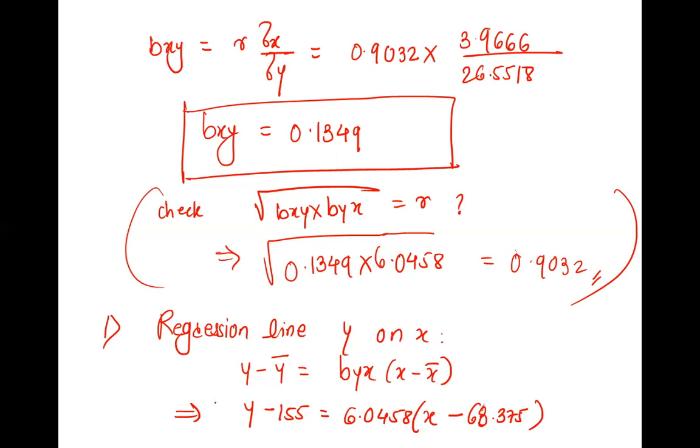Next, you have to make it a line like y is equal to mx plus c, as this is y on x, and a y on x line is always of this form. So y will be on this side, mx will be here, and all the constants will get collected together as c. You understand? Yes. So shift that 155 to this side. Before that, multiply these two terms. So it is like y minus 155 is equal to, multiply inside,